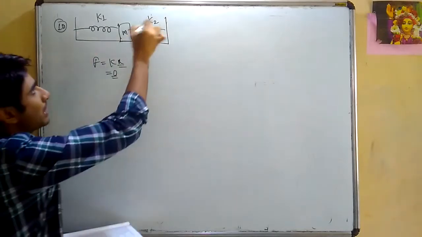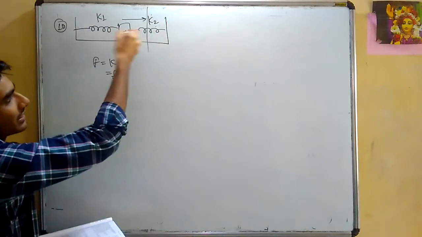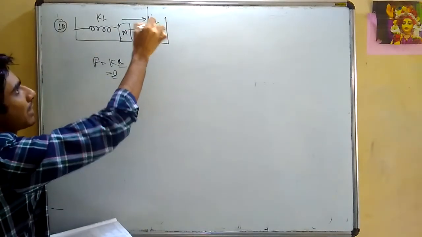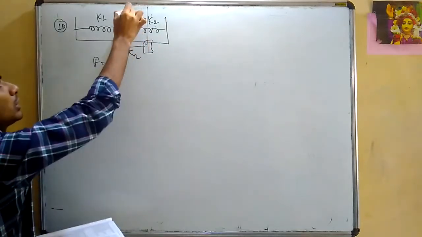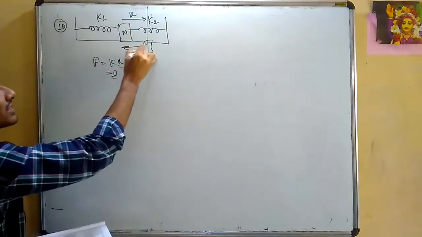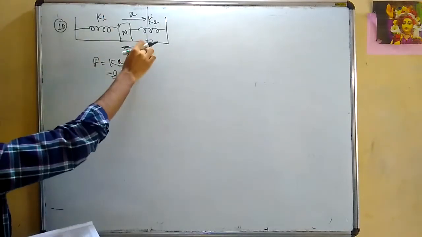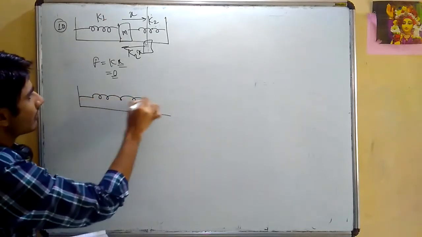So suppose for example, if I displace this block by x, it is not given in which direction. Let me say that it is going in this direction by x. So when the block comes here, where will this spring apply force? In this direction. How much? K2 into this compression x, right? And as far as this spring is concerned, where will this spring apply on this? I hope you are able to get the figure. See, figure will be like this.